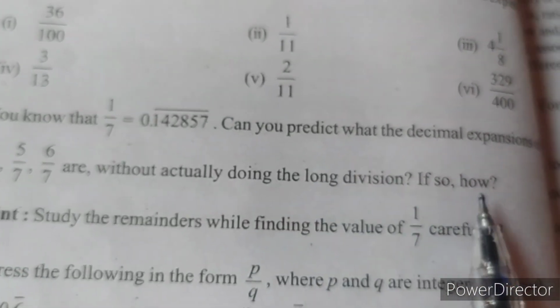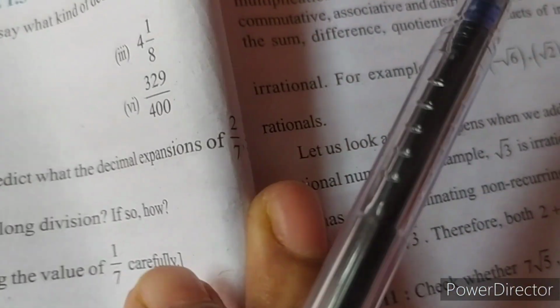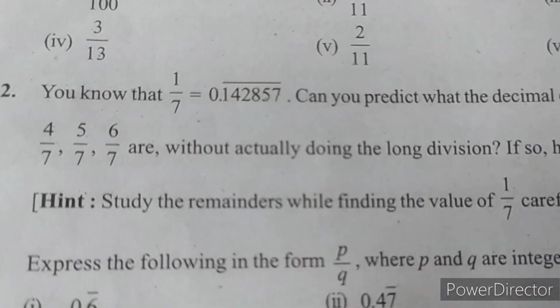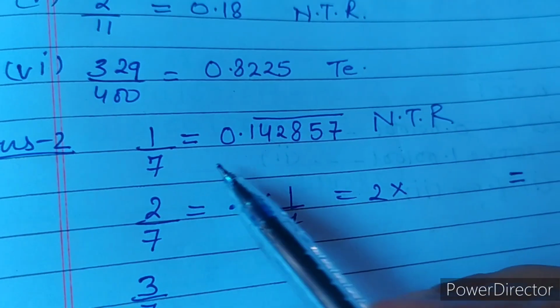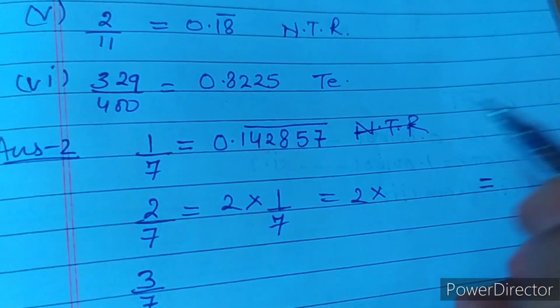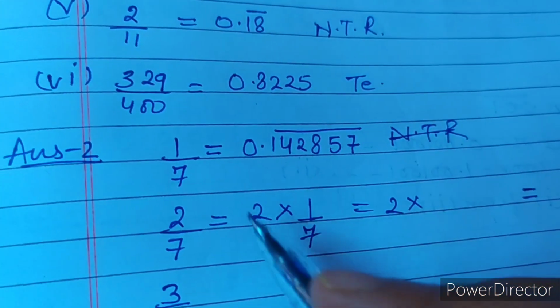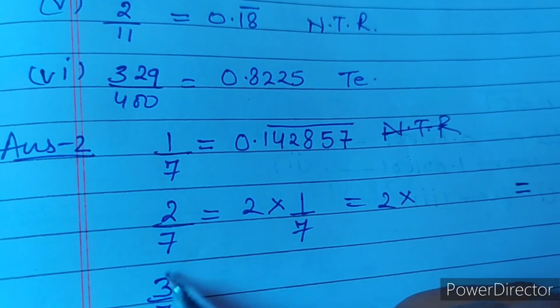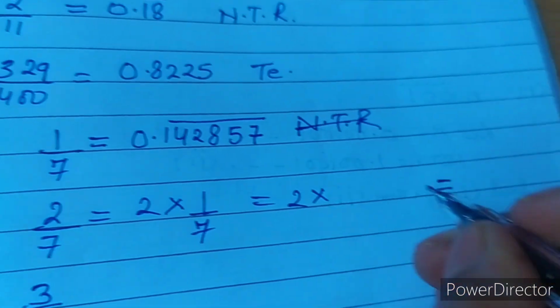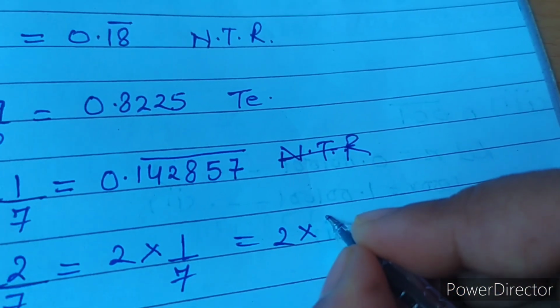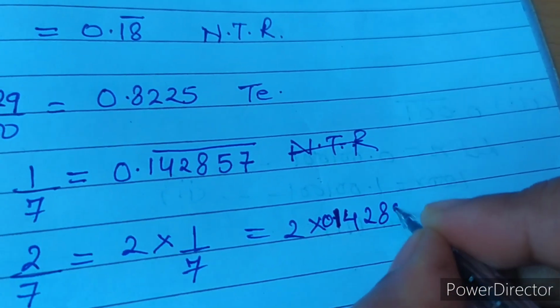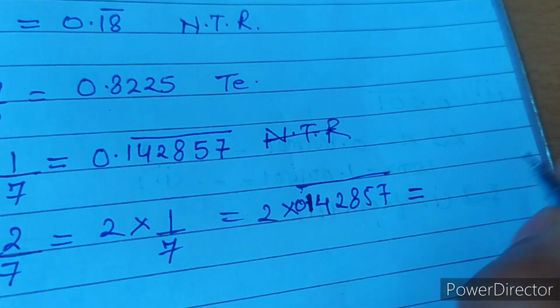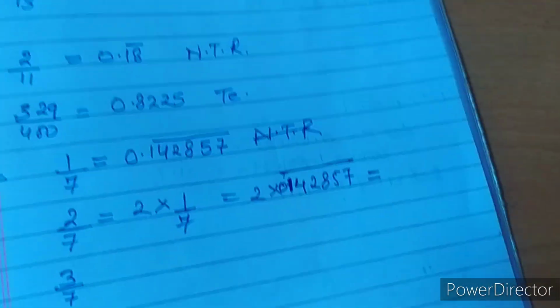Next, question number 2 is: you know that 1 upon 7 has been given a value, and you have to predict the decimal expansion of 2 by 7, 3 by 7, 4 by 7, 5 by 7, 6 by 7 without actually doing the long division. So as you have been given the answer of 1 by 7, sorry, I have written non-terminating, but it is non-terminating recurring only. So if you have to find 2 by 7, 2 by 7 is equal to 2 into 1 by 7, and the value of 1 by 7 has been given. So I will write here 2 into 0.142857, which is a non-terminating repeating decimal,